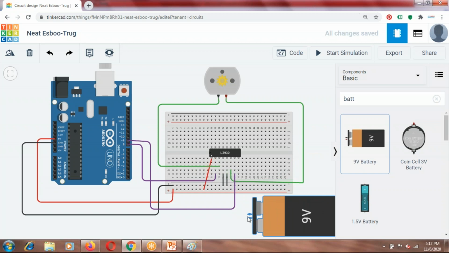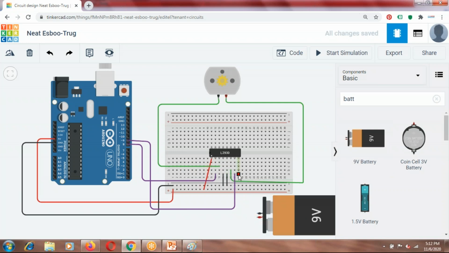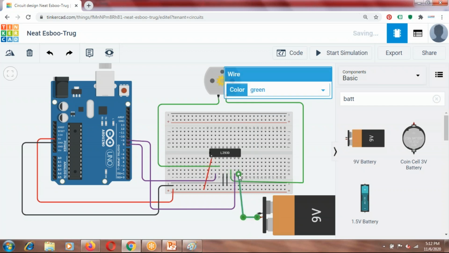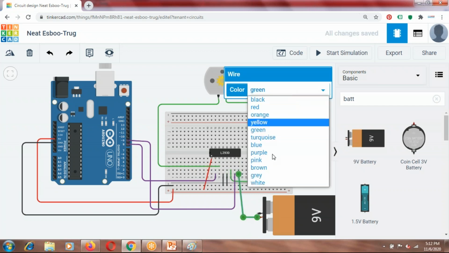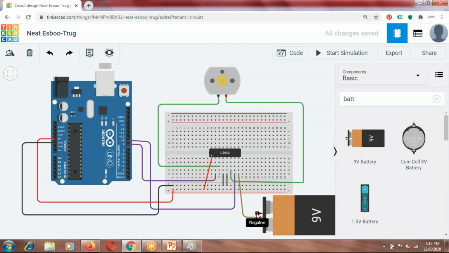Just slightly bigger here. The motor power supply is to be connected to the positive pin. This is the positive pin. So let us connect it to pin number 8 on the IC. Let us make it some other color, let's say brown.